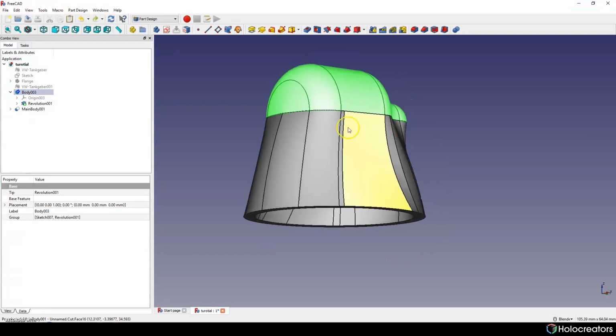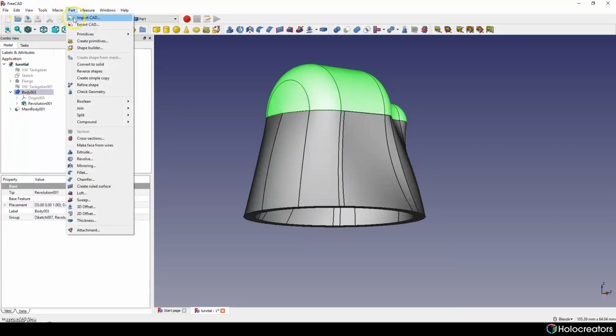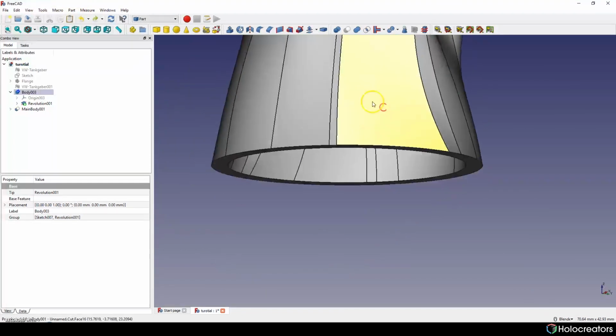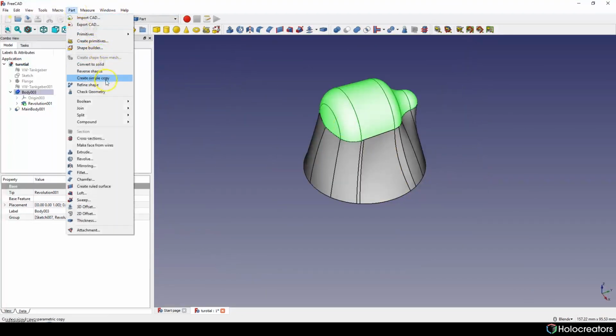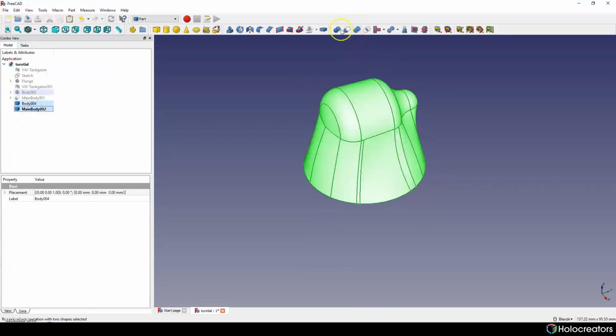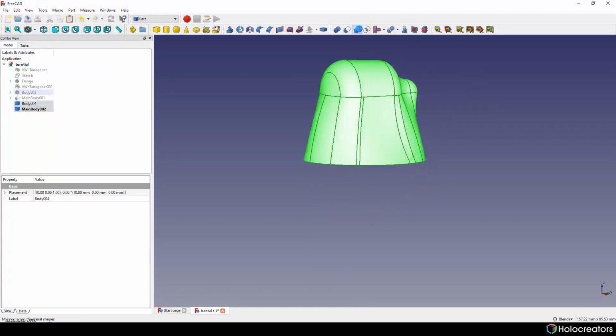We can basically go to part. Since we're not gonna do any changes to this part, we can create simple copies from them. And we can hide these two for now. And now we can do a union of these two shapes.